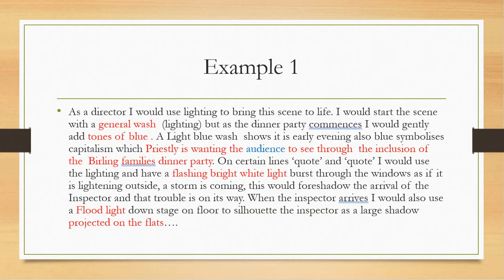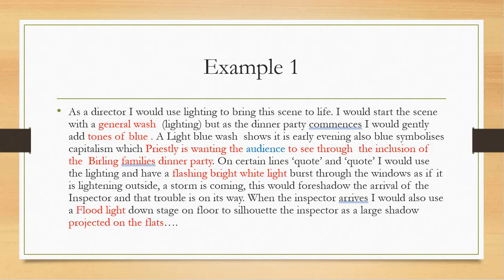So an example. If I decided to talk about a director of lighting, if we just read through, this is how I might answer it. As a director, I would use lighting to bring the scene to life. Straight away, I'm addressing the question. Whoever's marking my work, whether it be the teacher or your examiner, straight away, I'm answering this question on lighting. I would start the scene with a general wash. But as the dinner party commences, I would gently add tones of blue. A light blue wash shows it is early evening. Also, blue symbolises capitalism, which Priestley is wanting the audience to see through the inclusion of the Birling family's dinner